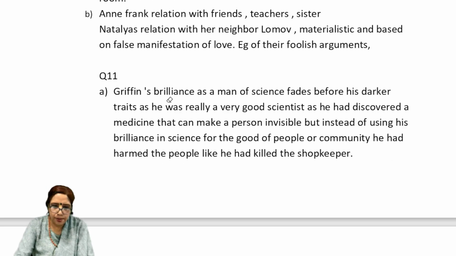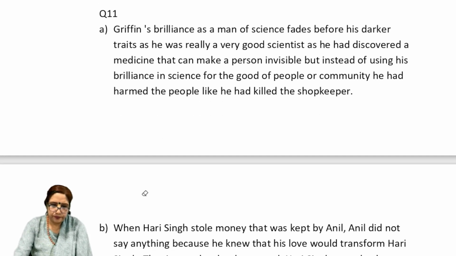Fine. Now we come to question number 11. "Griffin's brilliance as a man of science fades before his darker traits." Yes, this question we have already done so many times. CBSE has only played with the words, manipulated the words, but your answer to this question was based on the same question that Griffin was a lawless scientist. So you had to prove what all did he do. And his brilliance as a man of science fades before his dark traits, as he was really a very good